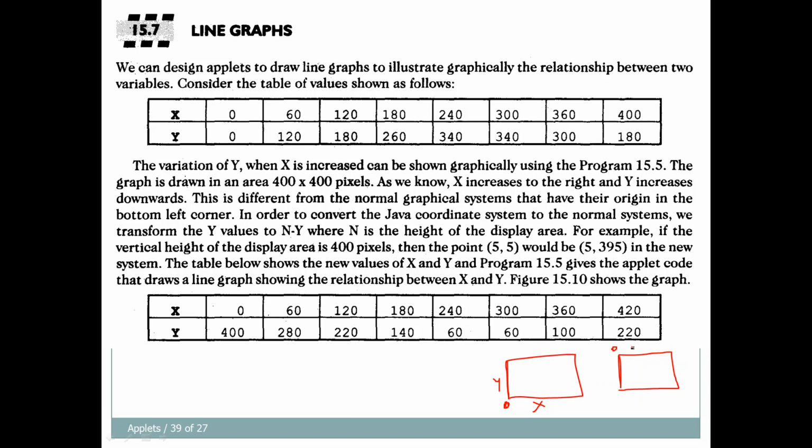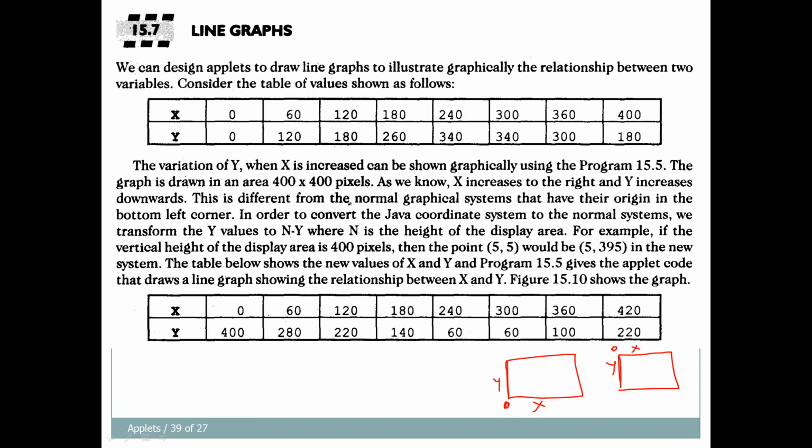So this is considered as 0, and this is x and this is y. So when we display a line graph on the computer system, it will be displayed in a flipped way, because in computers the coordinate system starts at the top left corner, but in the actual coordinate system it is at the bottom left corner.